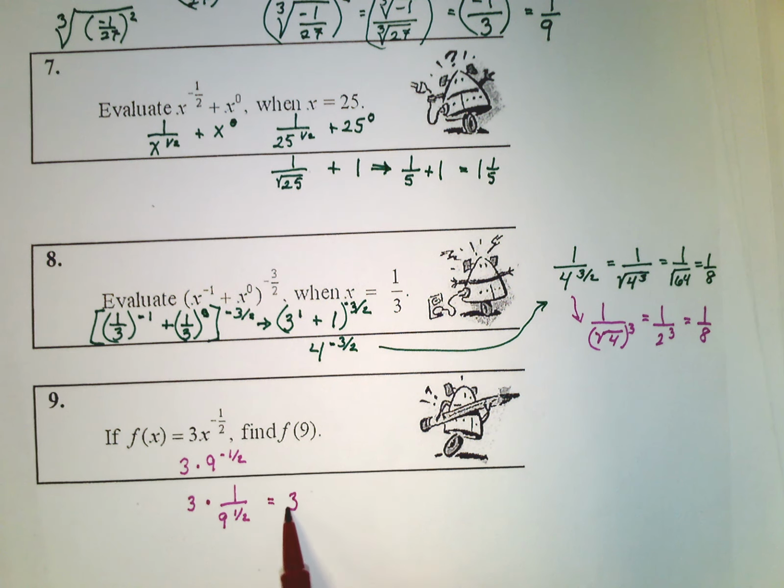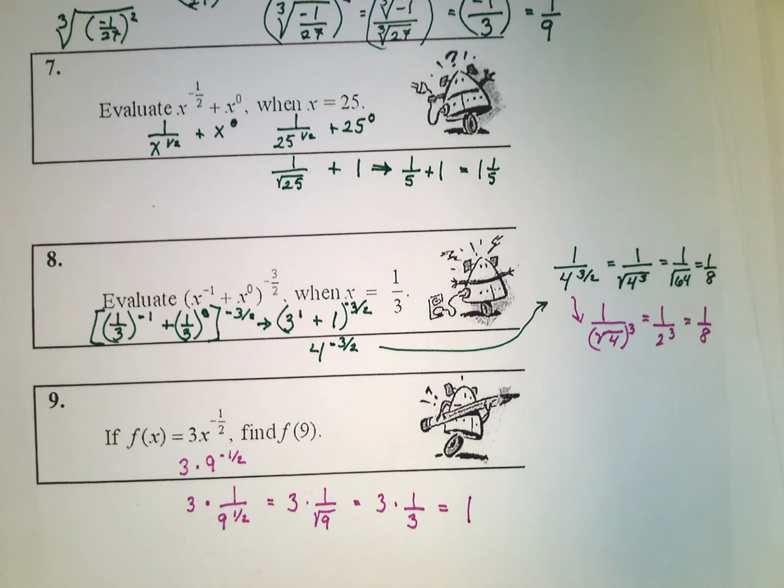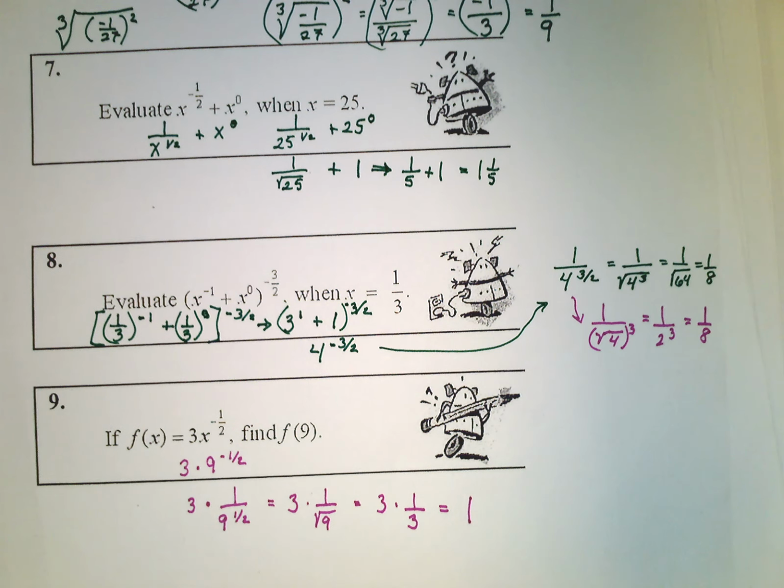Well, that would equal 3 times 1 over, if you know that 1/2 means the square root, so that would be 3 times 1 over the square root of 9 is 3, and we would end up with just 1. So welcome to the world of state testing in New York, and we'll move on to something